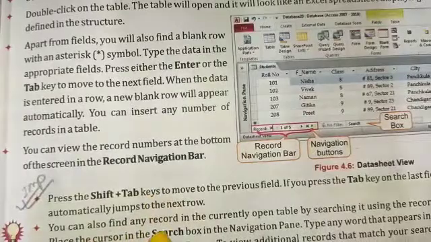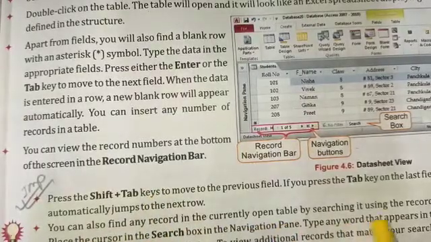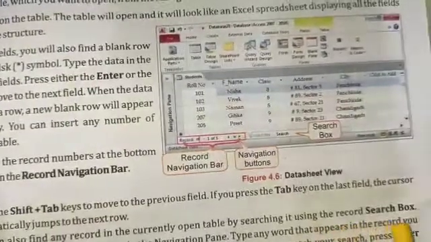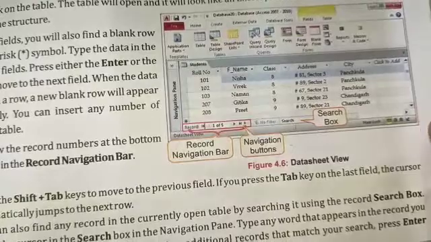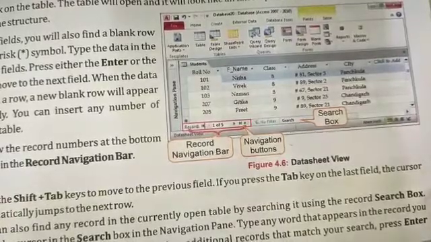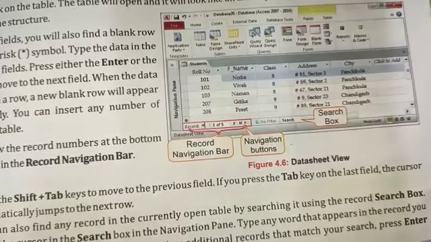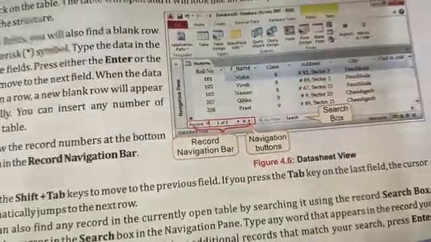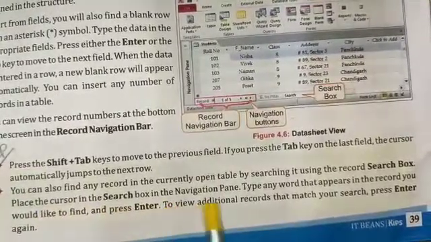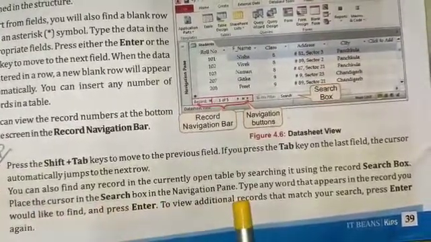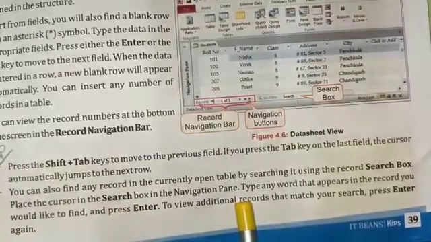You can also find any record in the currently open table by searching for it using the record search box. Place the cursor in the search box in the navigation pane.